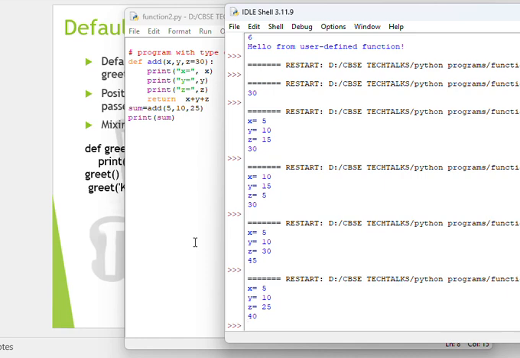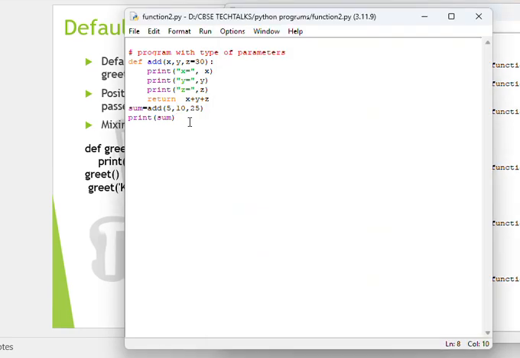Now while doing the coding, we may have a mixture of any two. There are some rules for that. An argument list must first contain all the positional arguments followed by any keyword argument. If I want to give positional as well as key values, let's take an example. I want 5 to be given this way, and if I write here z equals to, and here y equals to,